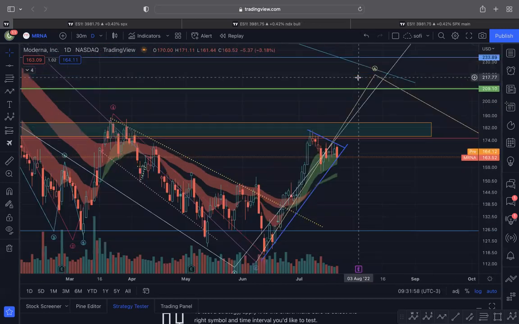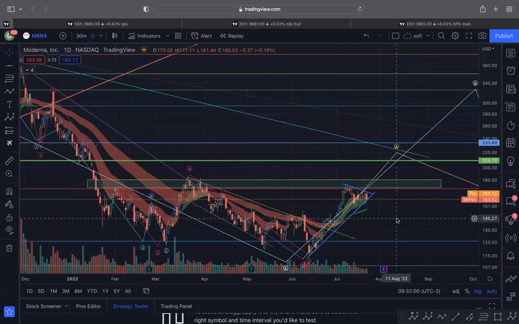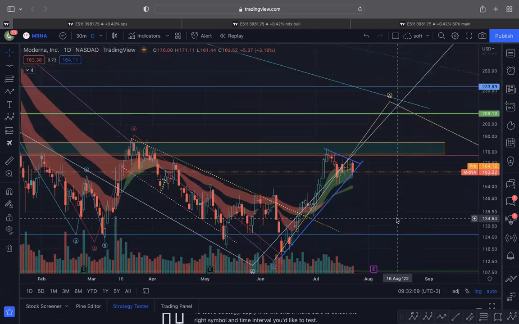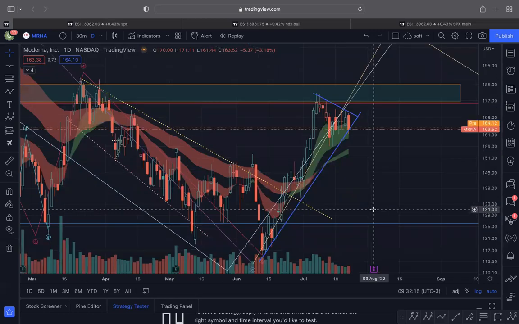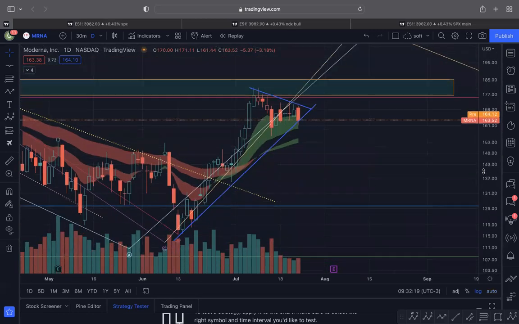Wait for it to break a direction, and as you can see, I have bullish and bearish options on everything. I don't assume we're going to be bullish. I want to be prepared for both sides, and I want to make sure you guys are prepared for everything as well. So that's it. I have a very small watch list, and I would trade this week with caution just because there are going to be a lot of tricks involved.